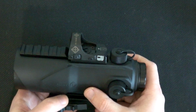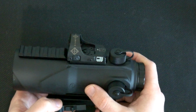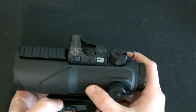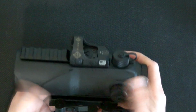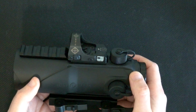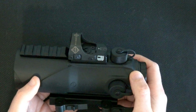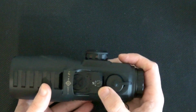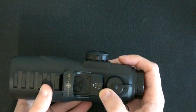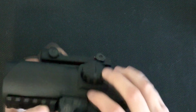One thing to keep in mind is that unlike the Wolfhound, which is IP68 compliant, the Mini Shot is only IP67. The Mini Shot is waterproof up to 1 meter for 1 hour. Recoil-wise, the sight is rated for up to 375 H&H, so it should handle most modern sporting rifles with ease. The Mini Shot has 110 MOA adjustment of elevation and windage, and you'll find the adjustment knobs here on top